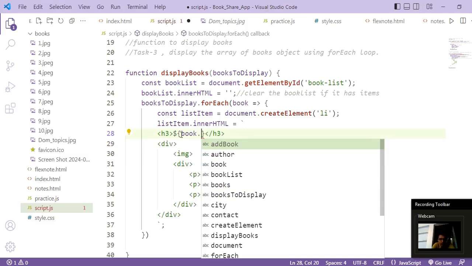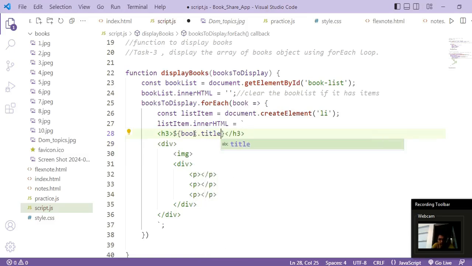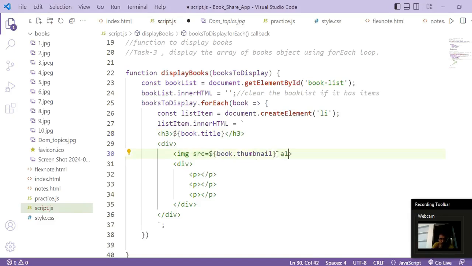And we will write here book.title. So in the form of an H3 heading we will get the title of the book. So when this web page is run, in place of this book.title we will get our data. This will be replaced by the original data. Now in the image, in the same way we will write src equals ${book.thumbnail}, and the alternate text can be ${book.title}. Also they will be inside double quotes, right? Source and the alt tag are in double quotes in HTML.